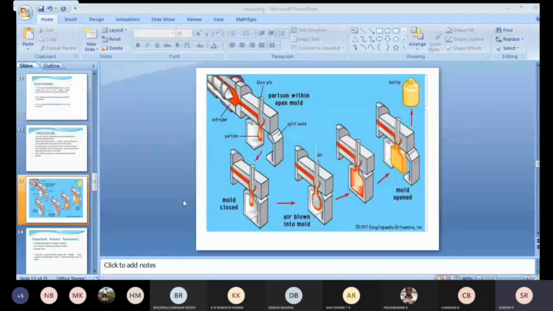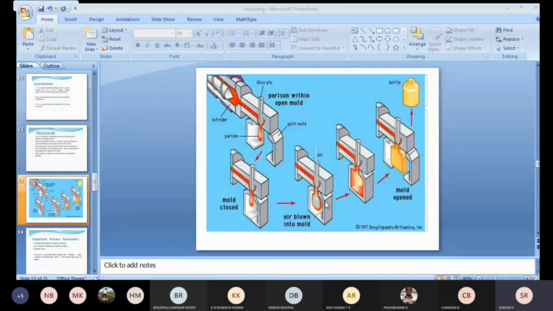The second important step is the molds. Both the molds have been closed over here. With the help of the blow pin, the air is blown into the parison. When the air is blown, what happens? Since the parison is a hollow structure, it's going to bulge to the required shape. After that, once the air has been blown, in the next step the raw material from the extruder is poured inside the parison tube.